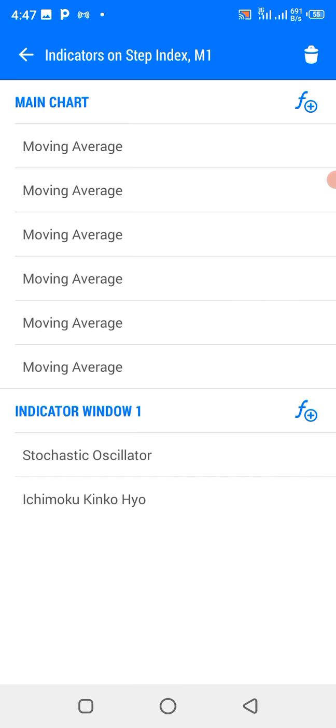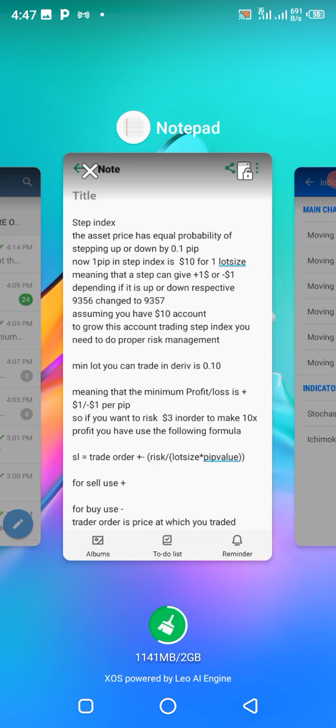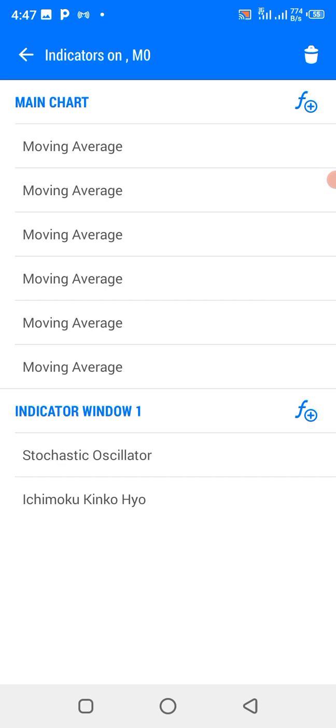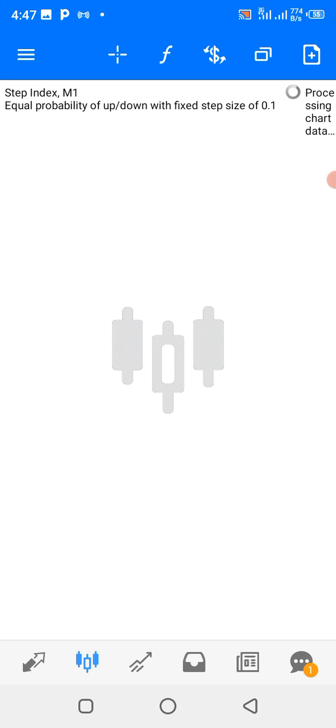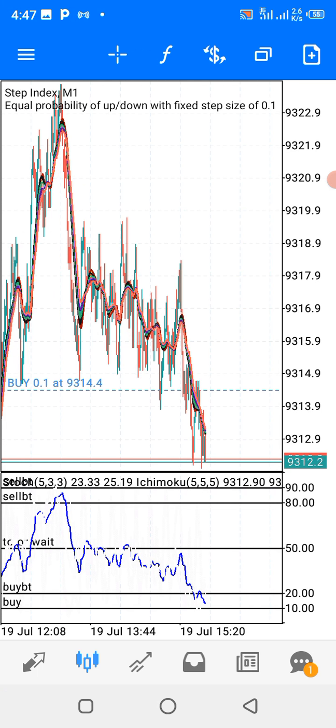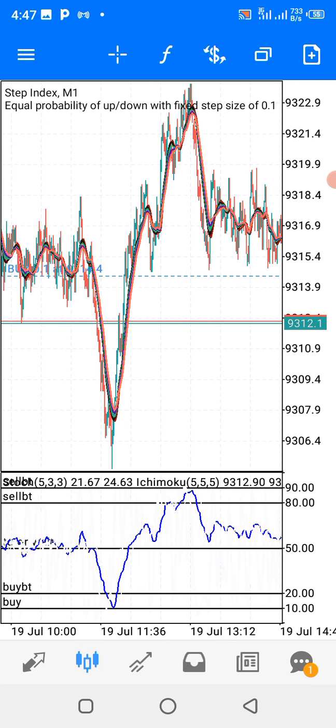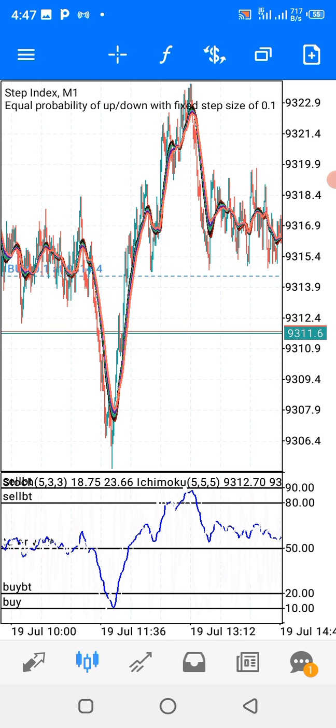So look at what really happened. The time frame should be like, if you're a scalper, I have not told you about that. If you're a scalper, use 5 minute time frame or 1 minute time frame. But if you're a medium term trader, use 15 minutes to 1 hour time frame. And if you're a long term trader, use 4 hours and above. Okay,